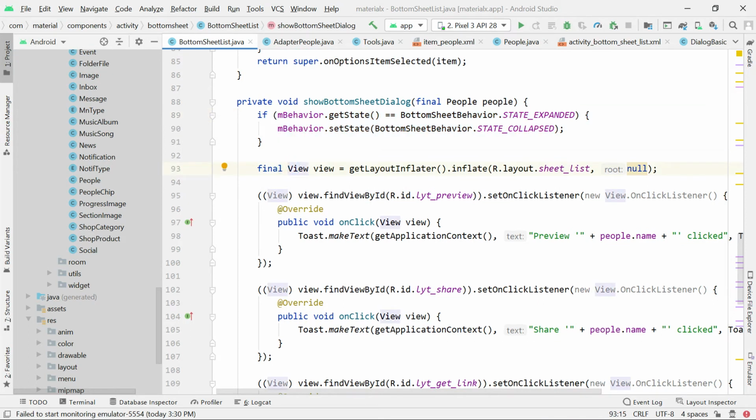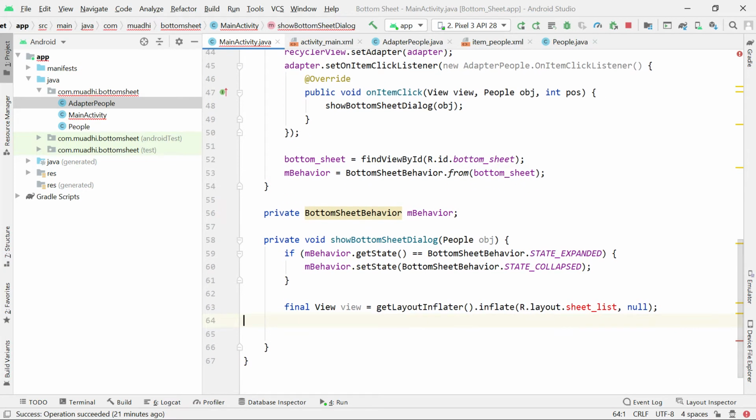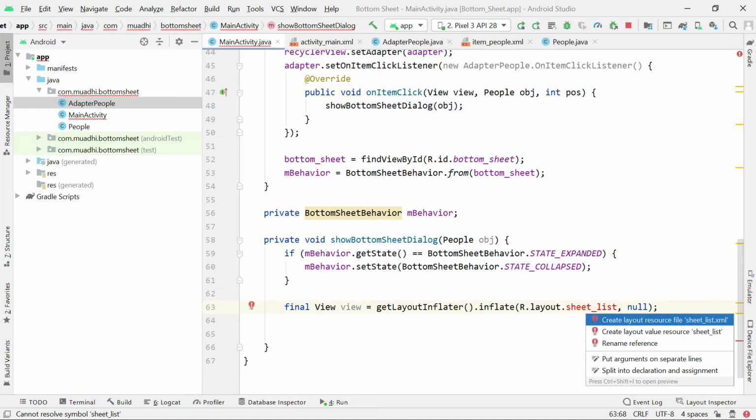Okay. So after doing that, then I'll have to find view by ID, and we inflate the bottom sheet that we created before, the sheet list. So we're going to inflate now the layout of the bottom sheet itself, because this bottom sheet must come from somewhere. So we must have a layout for the bottom sheet, and I'll call it sheet list.